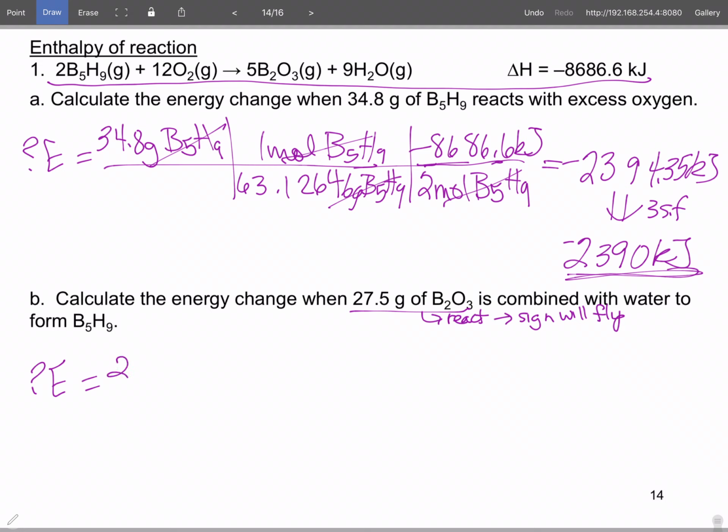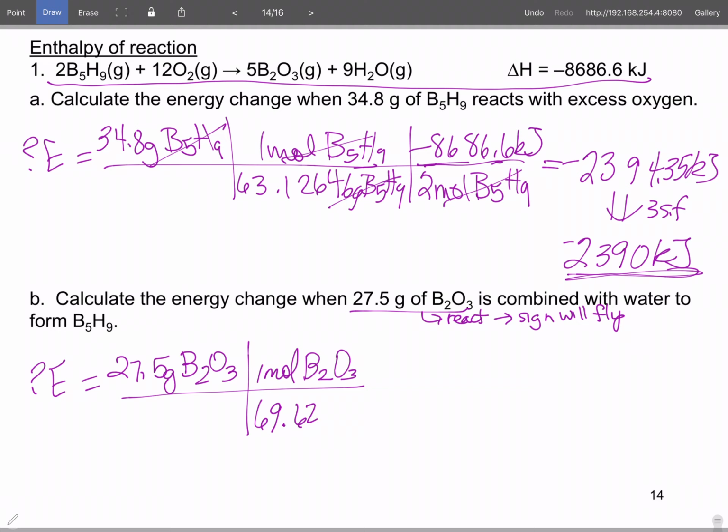So again, 27.5 grams. We're going through an equation, and just remember that every time you think equation, think moles. So 1 mole of B2O3, so diboron trioxide, is 69.6202 grams of diboron